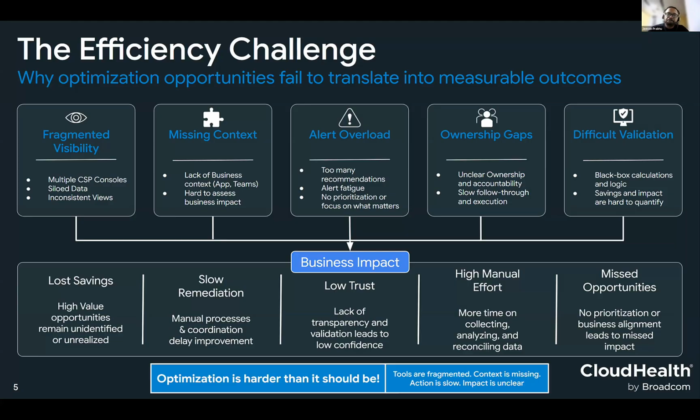And finally, quantification, right? After all this effort which you put in as a practitioner, following all the best practices, and following up with your BUs and app teams, having that dialogue, how do you really know that your efforts have made an impact to your business, and that you were really able to save money for your organization? I'm sure you can resonate with these pain points.